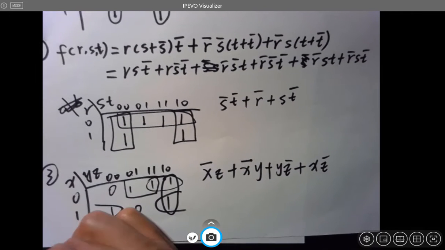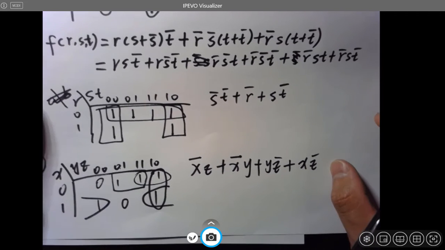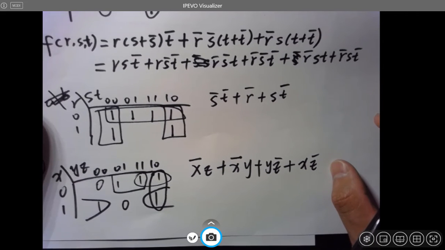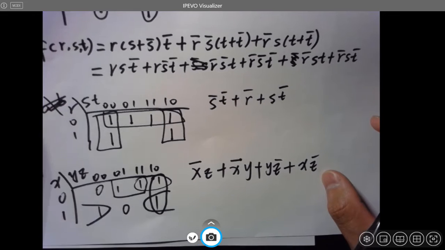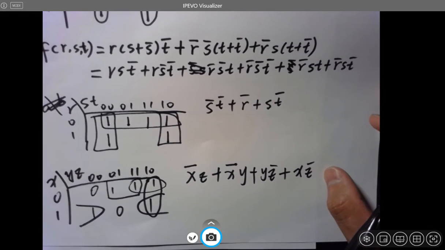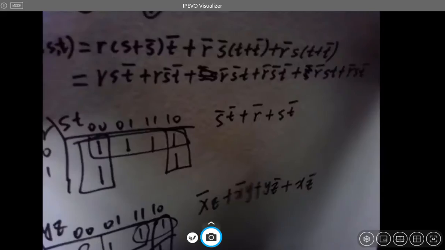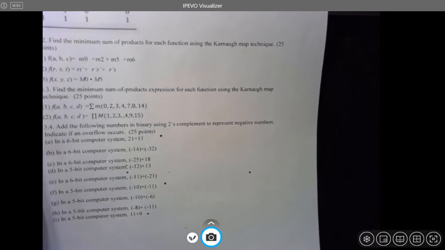You may be wondering what glitches are, right? So if you are working on module 4 this week, you will know what a static hazard is. It's being covered over there. But no worries. All right, for the next one,